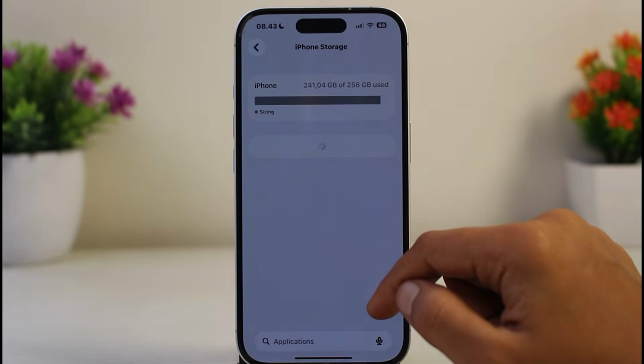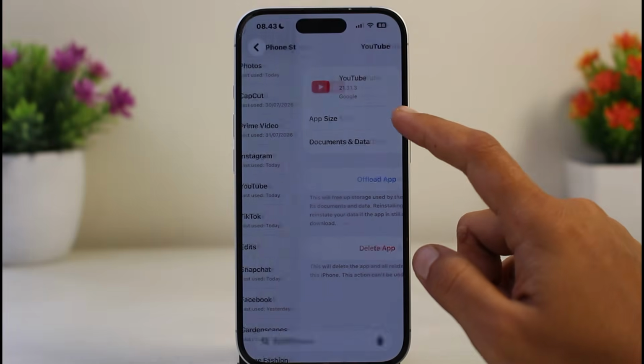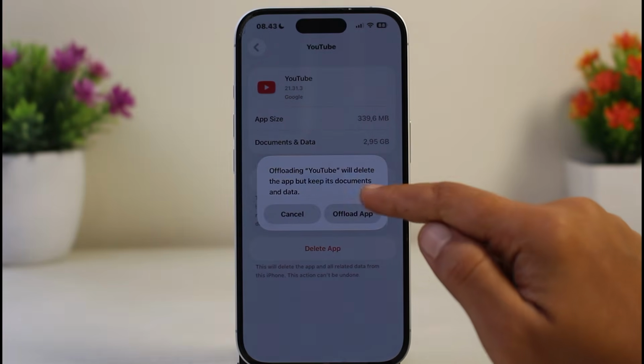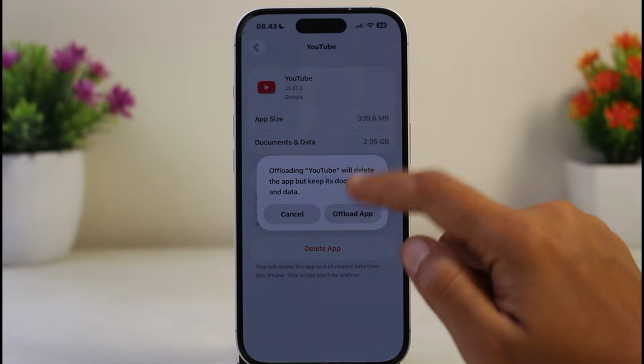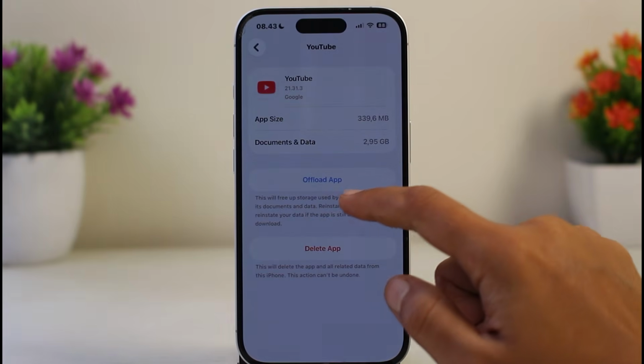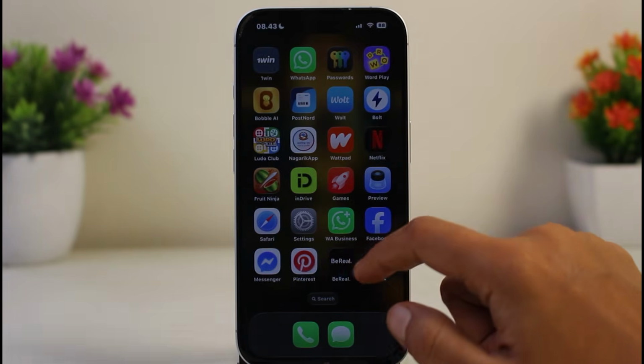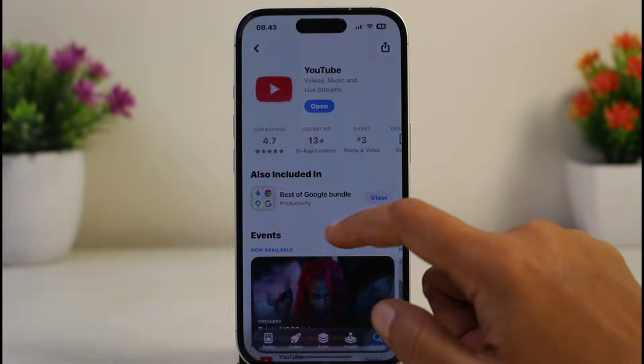tap iPhone storage. Now find YouTube from the list, then tap on it. Now tap offload app, and then tap offload app one more time to confirm it. Once you do that, you will see the reinstall app button right here. Simply tap on it, or just go back to your Apple App Store, find the YouTube app, and then reinstall